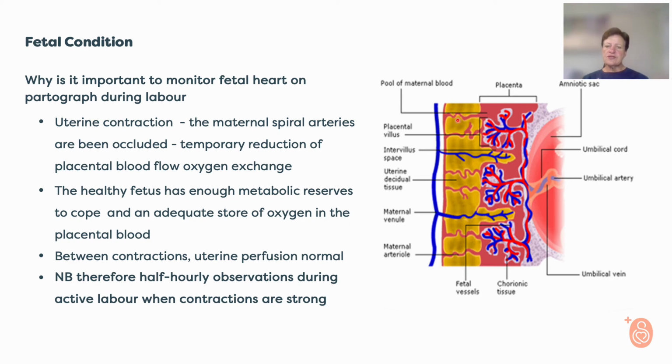So when the uterus starts contracting, the blood flow to this intervillous space is being cut off. So during a contraction, no new oxygen goes to this intervillous space, which is very important for us. Normally, a normal fetus can cope with this. But if there's already